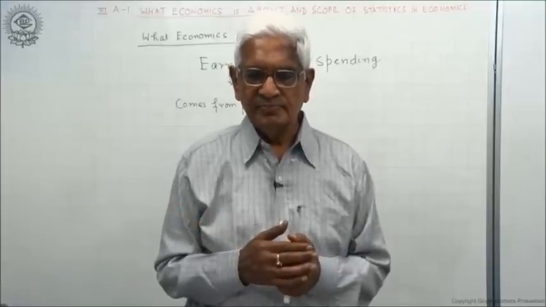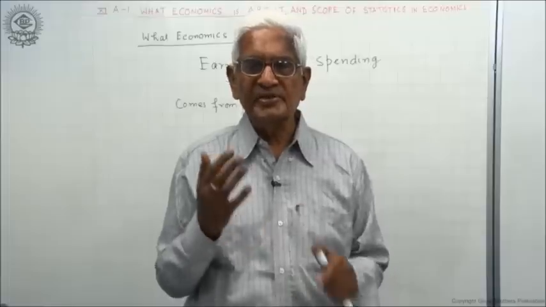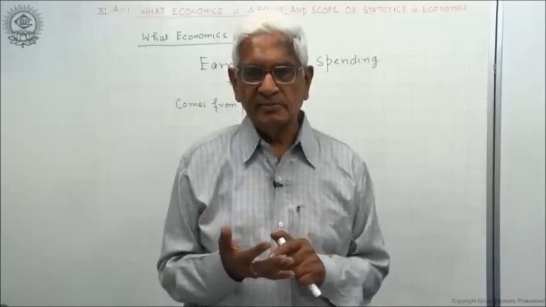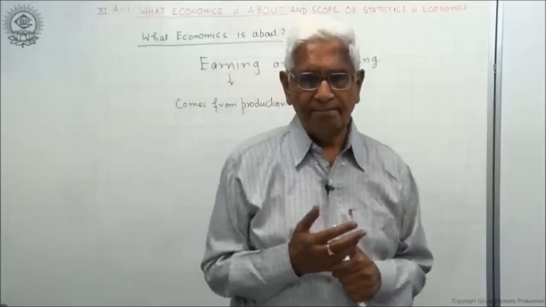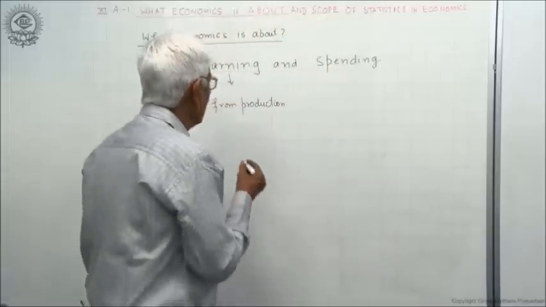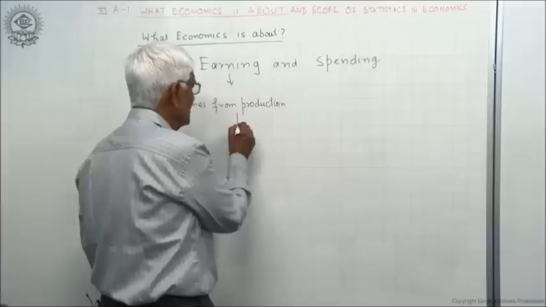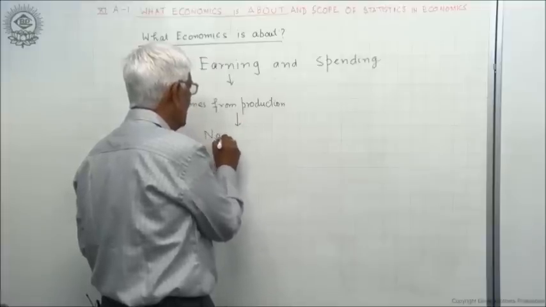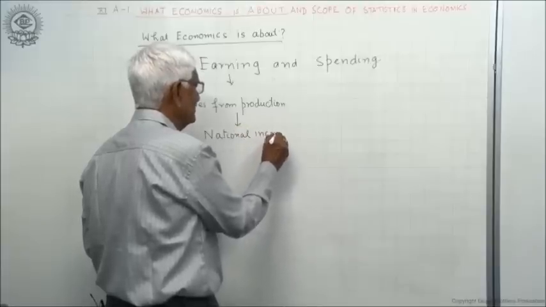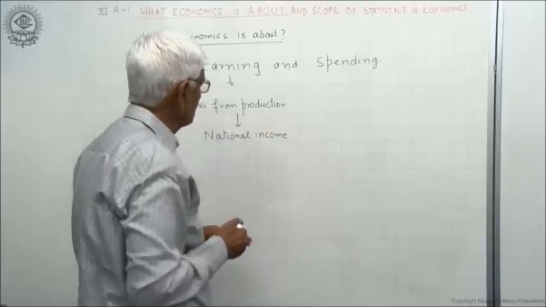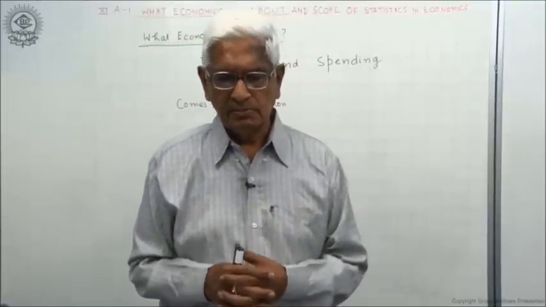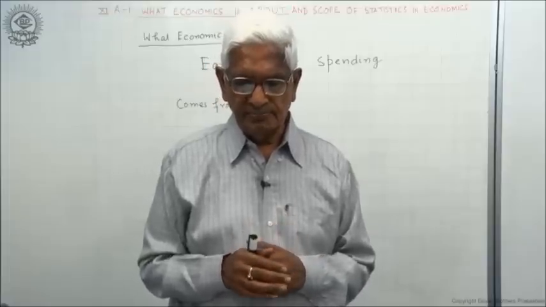सोच के देख लीजिए, आप जो भी कमाते हैं, या तो वेजेस से कमाएंगे, या प्रॉफिट से कमाएंगे, या प्रॉपर्टी के रेंट से कमाएंगे, या फिर इंटरेस्ट से कमाएंगे. These are the four ways of earning. इन सब का जो टोटल है वो ब्रॉडली, नॉट स्पेसिफिकली, उसको हम बोलते हैं नेशनल इनकम। यानी ये जो 4 फैक्टर्स ऑफ प्रोडक्शन है, इनकी इनकम का टोटल, ये नेशनल इनकम।